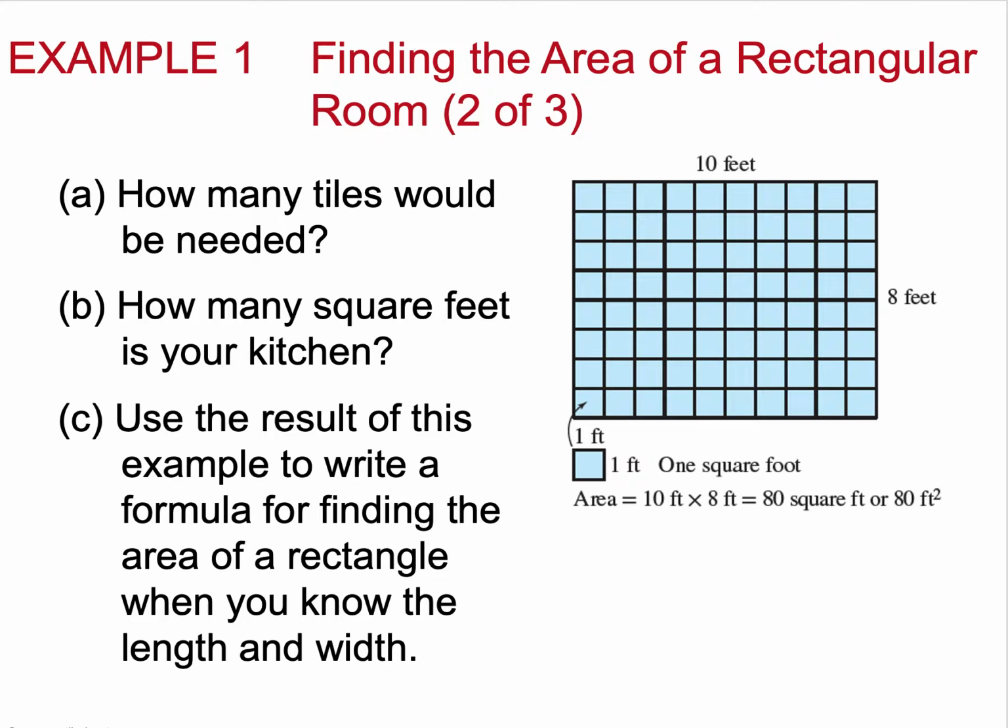So if I want to actually sketch this out, this would be the image that's over on the right-hand side. We would have 10 tiles for the row and 8 tiles for the vertical piece. And so I could either count the total number of tiles in that shape, or I could multiply 10 times 8 and I could get that this is 80 square feet. So 2 different ways of approaching the idea of how many tiles are needed, as well as how many